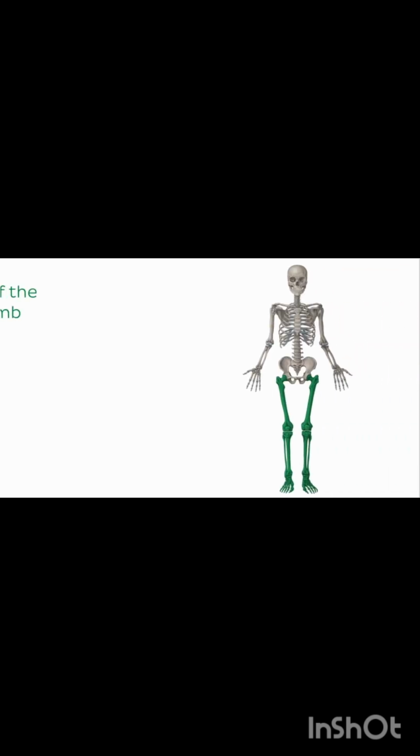The last group of bones we're going to look at today are the bones of the lower limb. So as I said, in this part of the tutorial, we're focusing on the bones of the lower limb, specifically the bones of the thigh, the bones of the leg, and the bones of the foot. Like the arm, the thigh has only one bone, which is the femur. The femur is the longest bone in the human body,